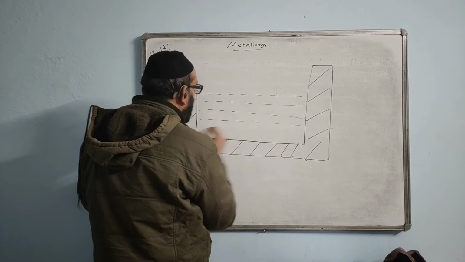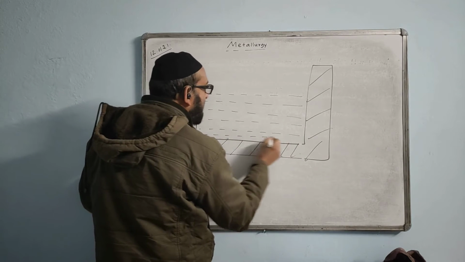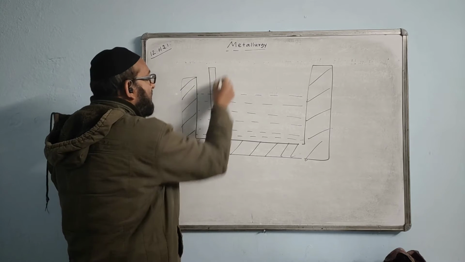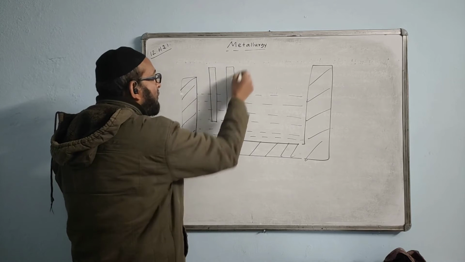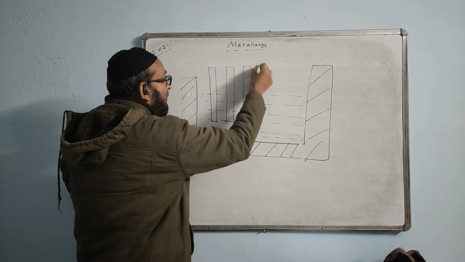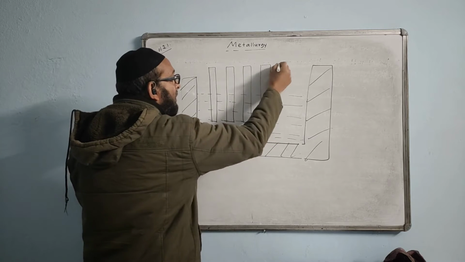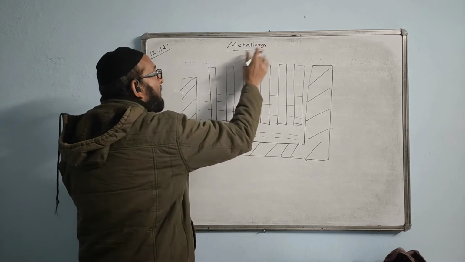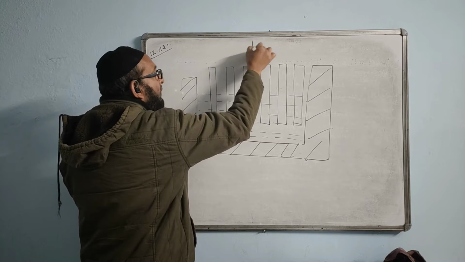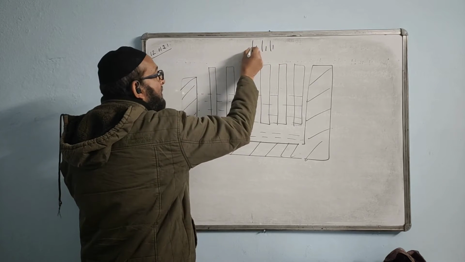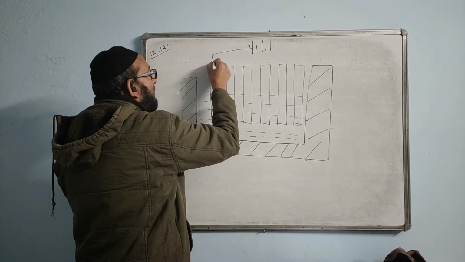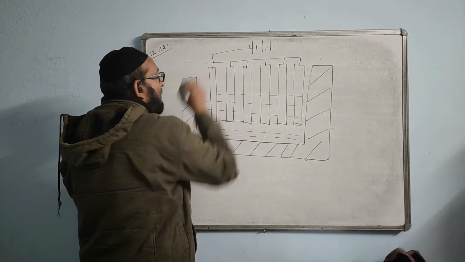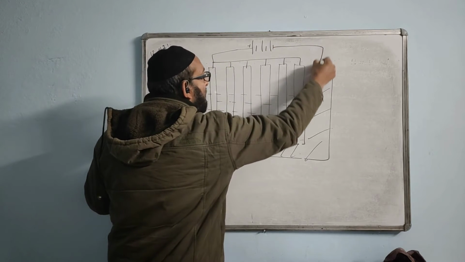Let me draw the diagram, then I think the diagram also I have given you a copy. Here we have these plates, they are called anodes. Number of anodes we are using, remember it. We are not using only a single anode because a single anode won't last longer. Now we have to supply current with the help of a battery, like this. This side is positive, so positive will be connected here, and negative will be connected to this one.